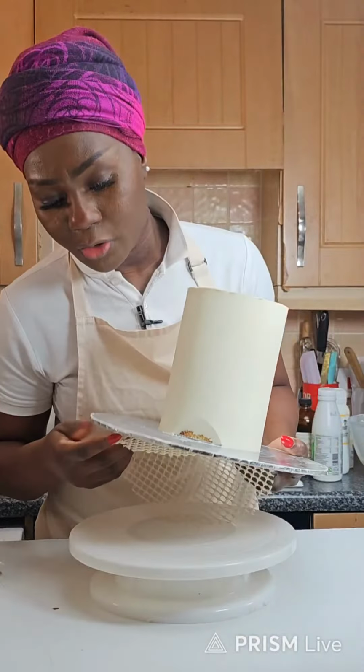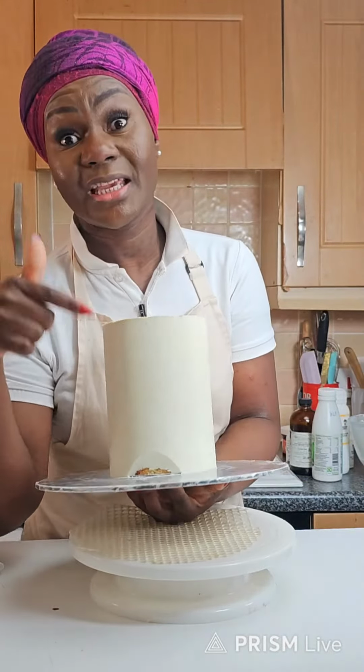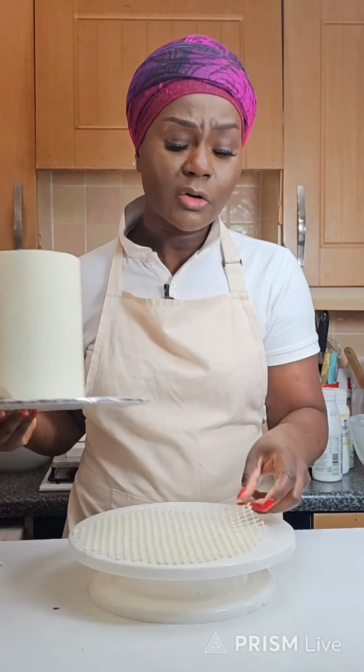And for those of you wondering, there you have it. Dolly was asking about the thickness of ganache. And yes, sometimes I also know that